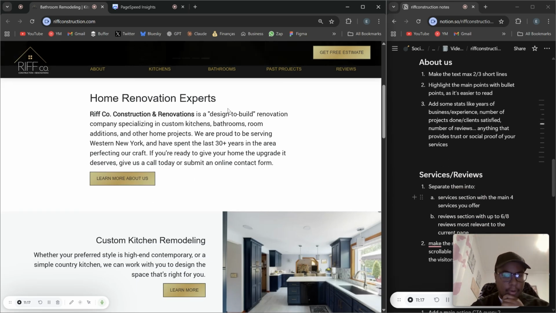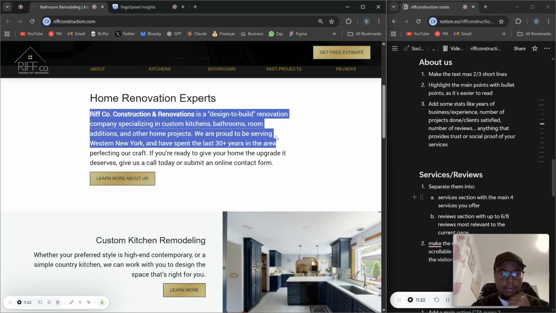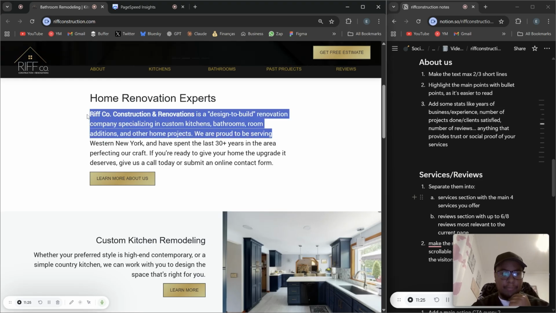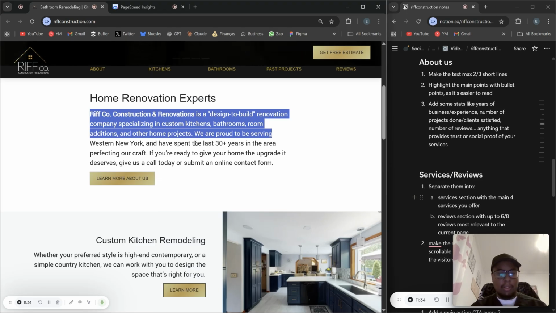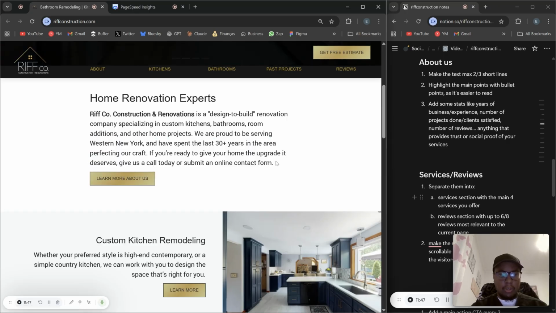So the renovation experts, okay, this is about us. What I would do here is focus on two to three lines of paragraph. That would be a lot less than this. Two to three lines, which are focused on the benefit to the visitor. Maybe do an image of your team, someone doing the job. And then I would do bullet points that offer a benefit, like 30 years of experience,